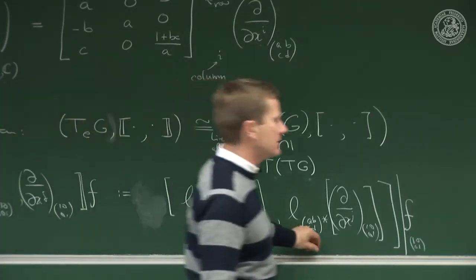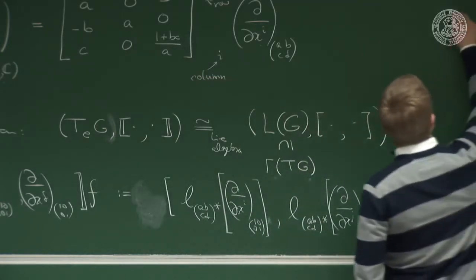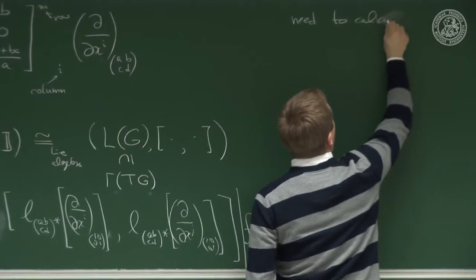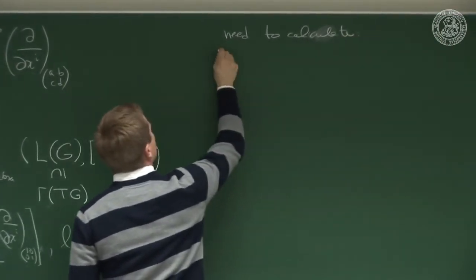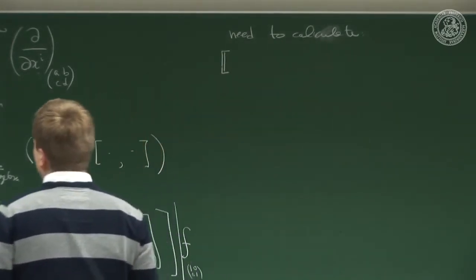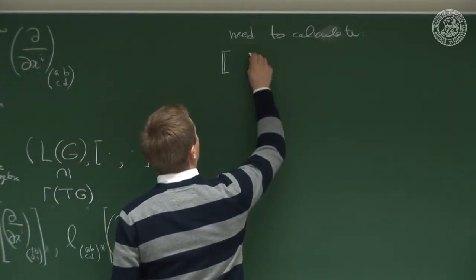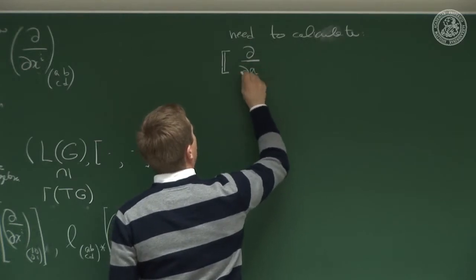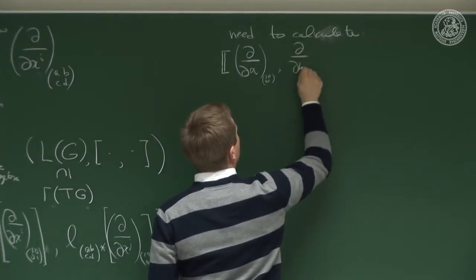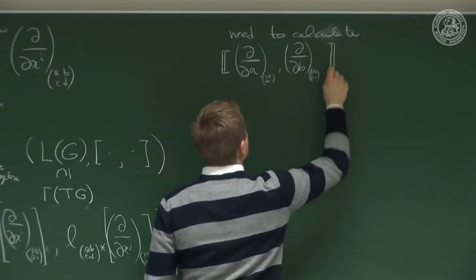So unfortunately at this point there's no better method than to just carry through the calculation. So we need to calculate the following three brackets. We need to calculate the following brackets: d by dA at the identity with d by dB at the identity, where I now use the fact that